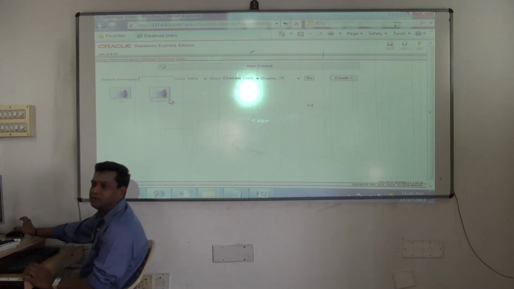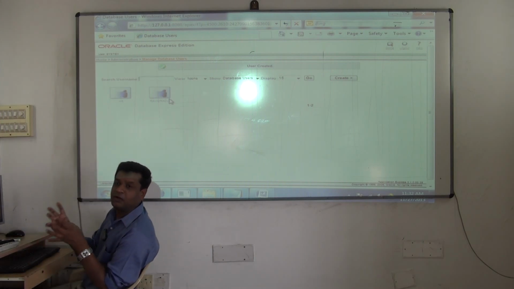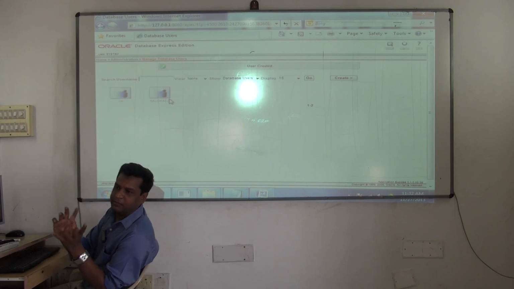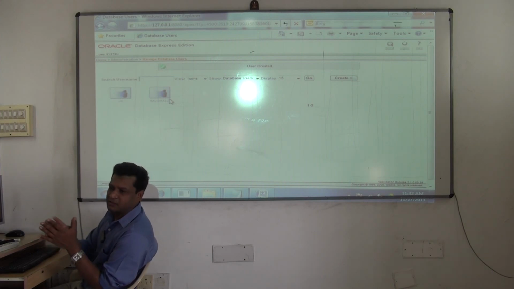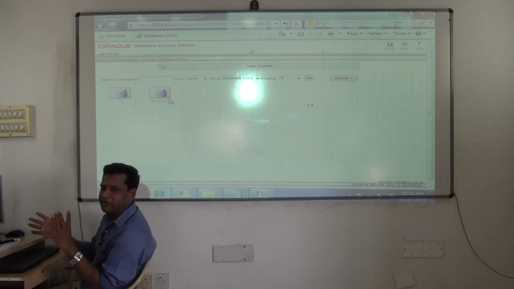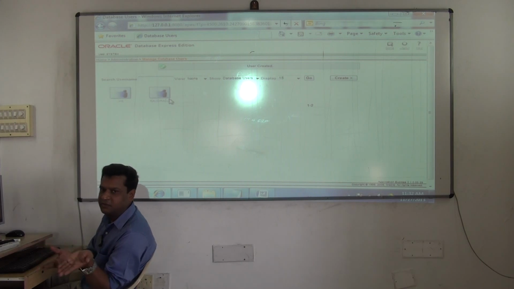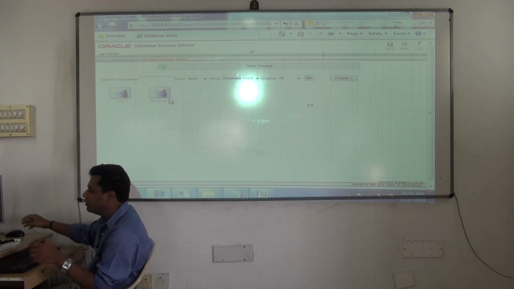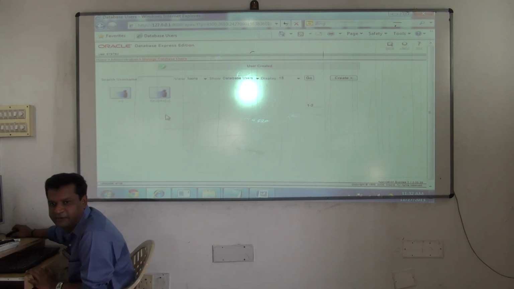Understood? See, both are giving the same support, but Oracle is giving you UI support and MySQL is giving you editor support. They have their own approaches. End of the day, what did we do there? I said create database Ravi MySQL. Here I did it like this. One is the UI, one you are typing in the editor. No problem. But once the schema is ready, next what will I do?